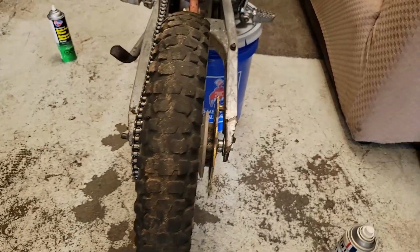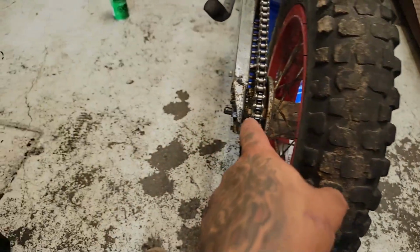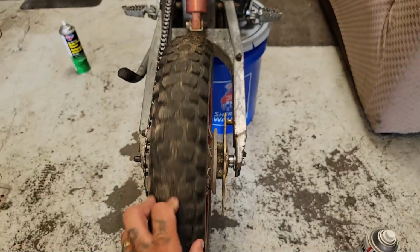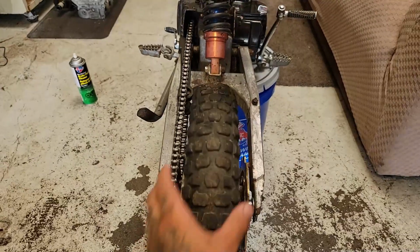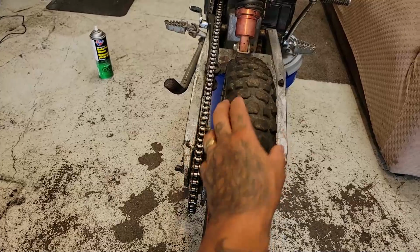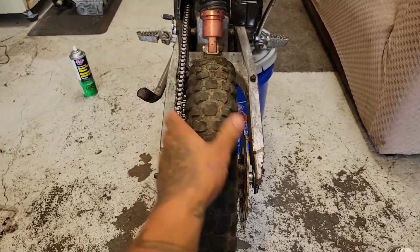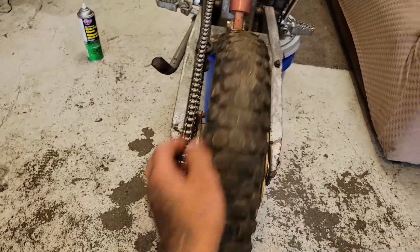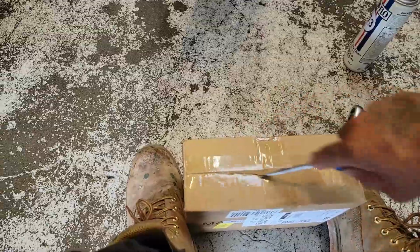Okay, so I might have just won with that. I only had one washer in there and I put the other ones back where they go. I think that the disc brake is just a little warped, but other than that, it spins nice and straight. I think that's about as straight as I'm going to get it. But we'll see. I'm going to put the brake on and then I might have to slightly adjust it. So the brake,